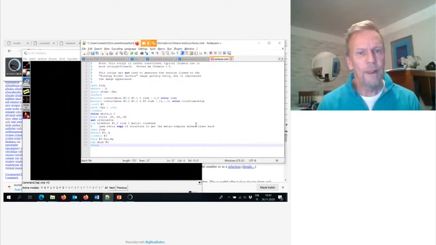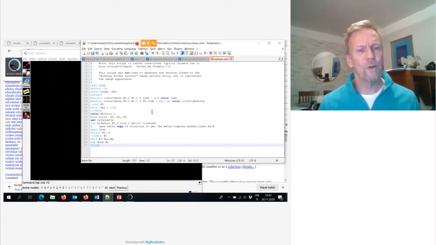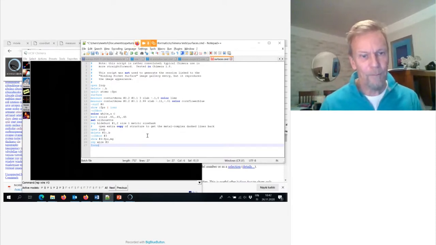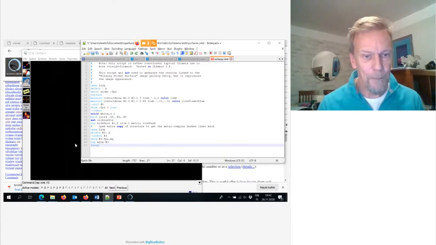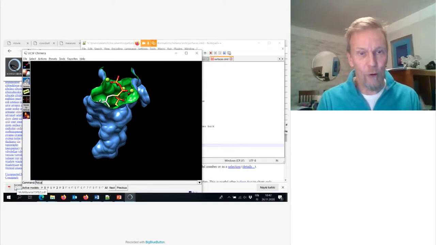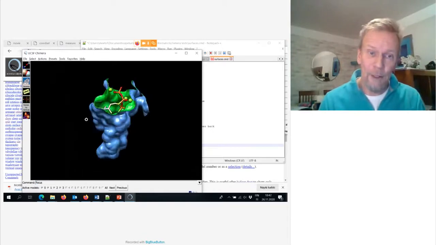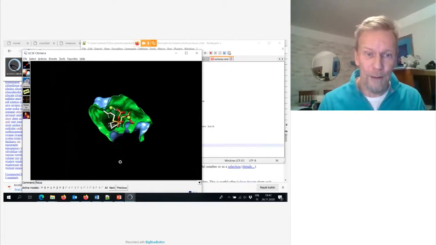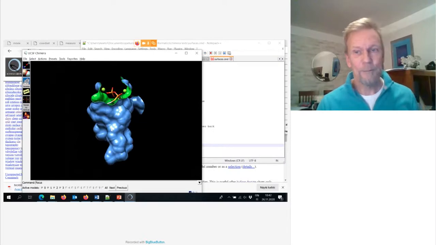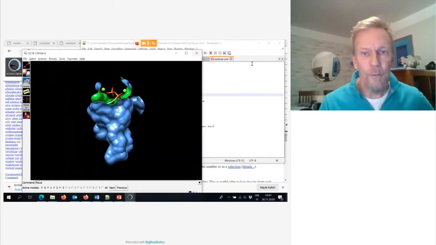But this was, even if this was complicated, it's kind of straightforward once you start analyzing it line by line, so you can pretty easily see all the things that were done here. The last bit here was a focus command, which would just center this on the screen and place the center of rotation right there. But this is the surface tool, and